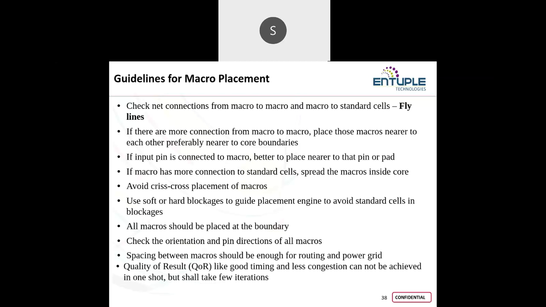To avoid that, I am giving the spacing for the pin connection. Once after that, to avoid any congestion issues, I need to add blockages or halos around the macros. Around the macros you can put halos or blockages. Usually, that will avoid any cells